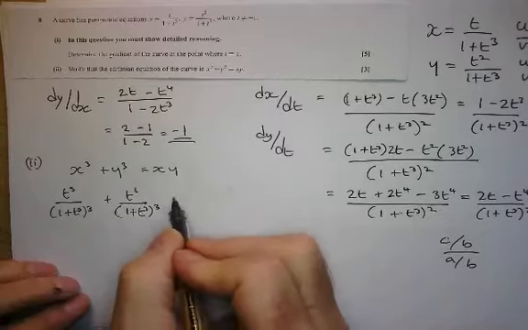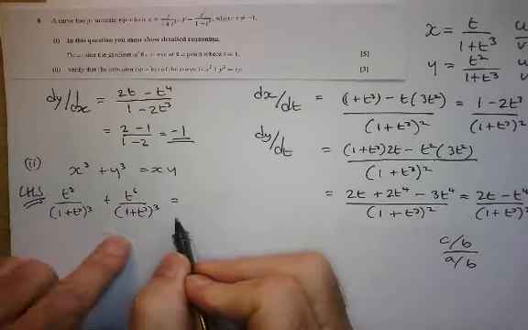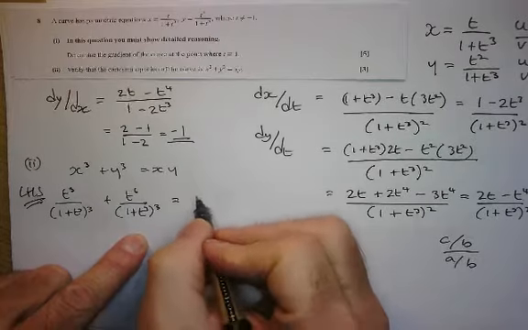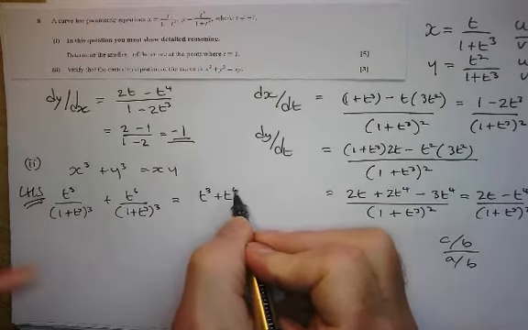Again, you just have to be really careful that you don't rush things. So on my left hand side here, when I add, I have common denominators, so that's nice and easy. I get this